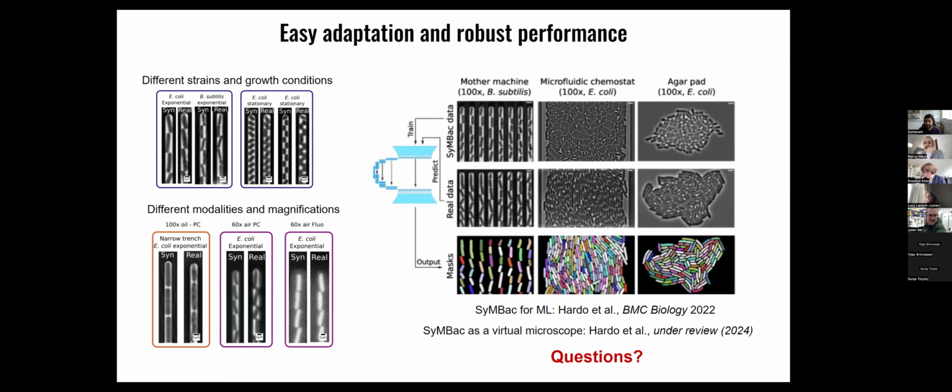Yes, so I think the imaging platform can produce images of any kind of bacteria. There is no restriction there. I mean, the image simulation platform. And so that should be easy to generalize to any imaging platform or bacterial shape. What is difficult for us so far to generalize was the mother machine device itself. If it's a different platform you're using, then it's very easy for us to produce the data.